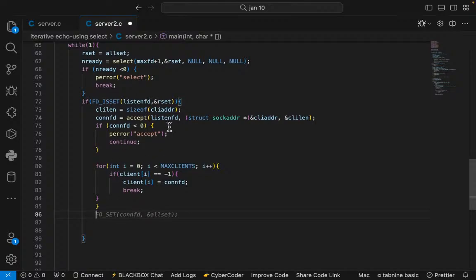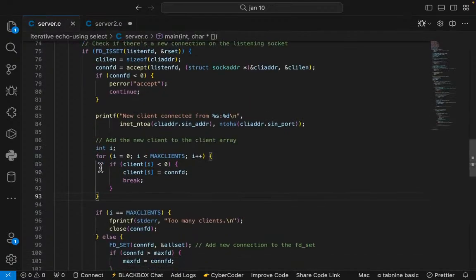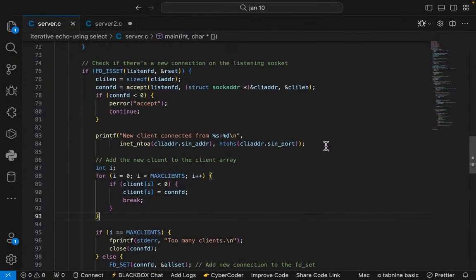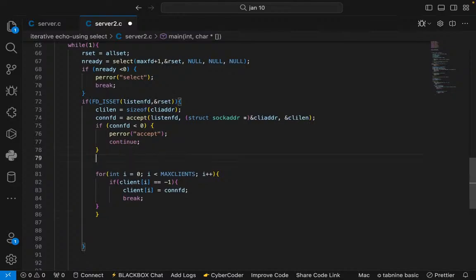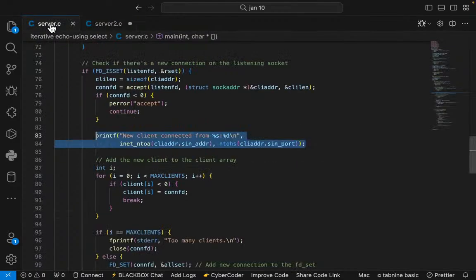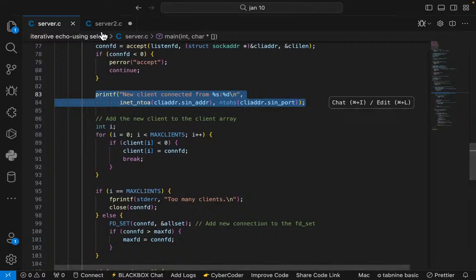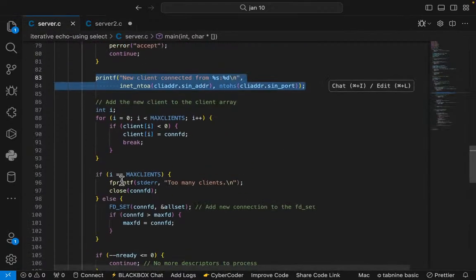which means the client is accepted, which means you just print out this thing, right? Exactly, you just print out this. For the IP address, use inet_ntoa, and for port ntohs. Amazing. Yep, after doing that,